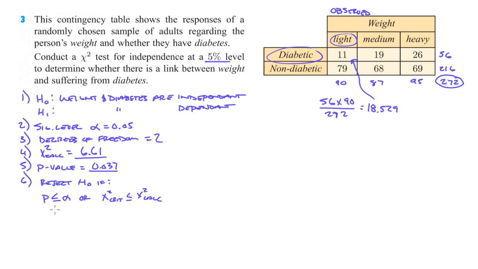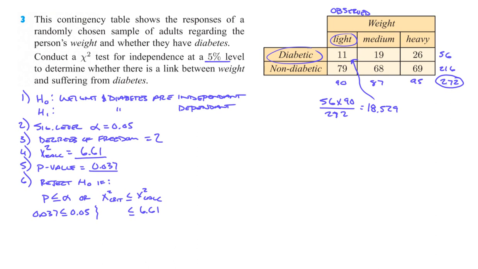We're going to set these both up just so that we can feel good about our understanding on this, I'm hoping. So our p-value is 0.037, and our alpha value here is our 5% level, so 0.05. So that's 1. And then our chi-squared critical value, we haven't actually calculated yet, but we'll need our table for that, and we'll pop that up here in a second. But we do know that the chi-squared calculated is